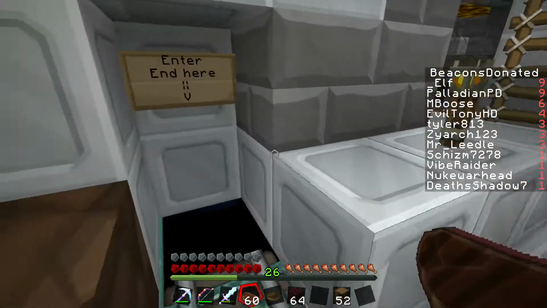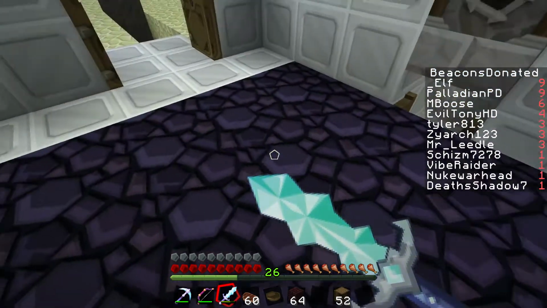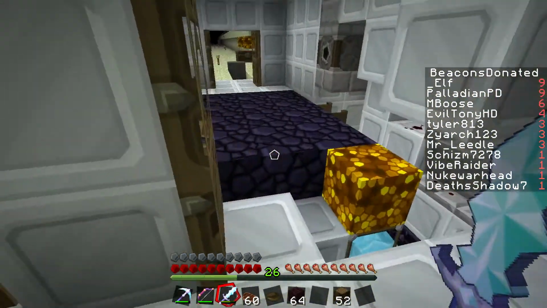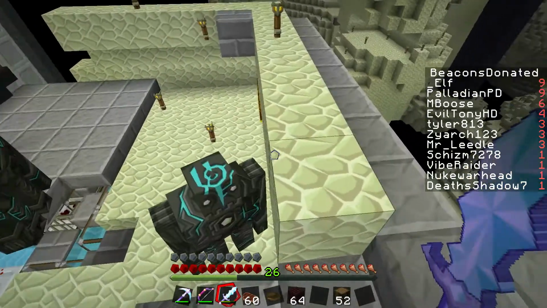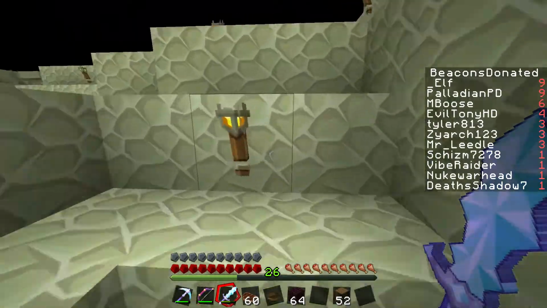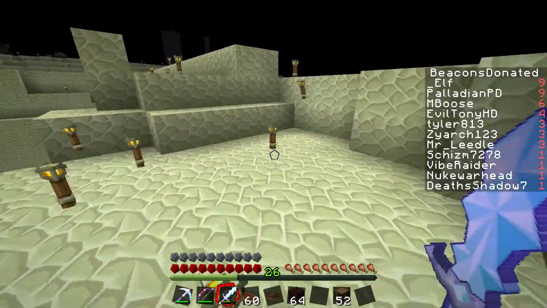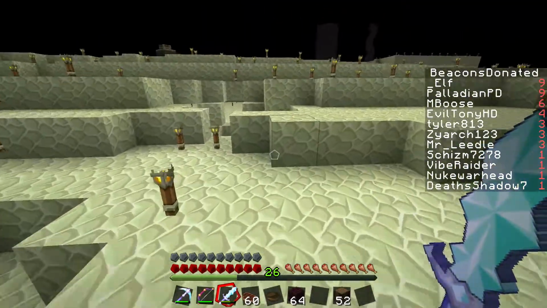Okay, get ready to enter the end. A little bit nervous. Let's find out. Okay, all fine. We used to have an obsidian farm. Oh, okay. What is with that? Why would you build a bridge like that? Oh my goodness. That's terrifying. I'm not going anywhere near that. Does this go down? No, it doesn't. Okay. Well, at least that's...